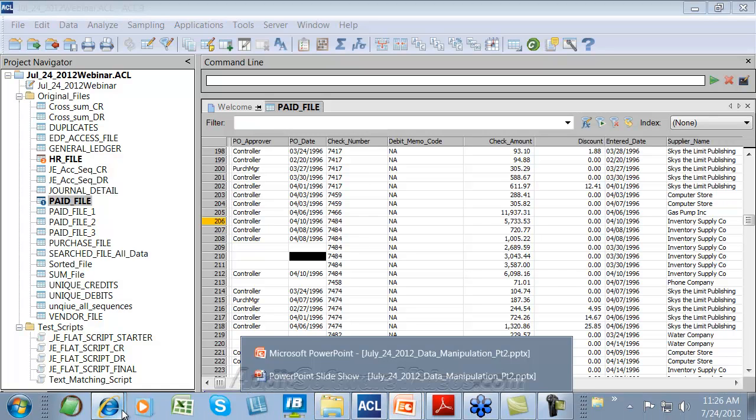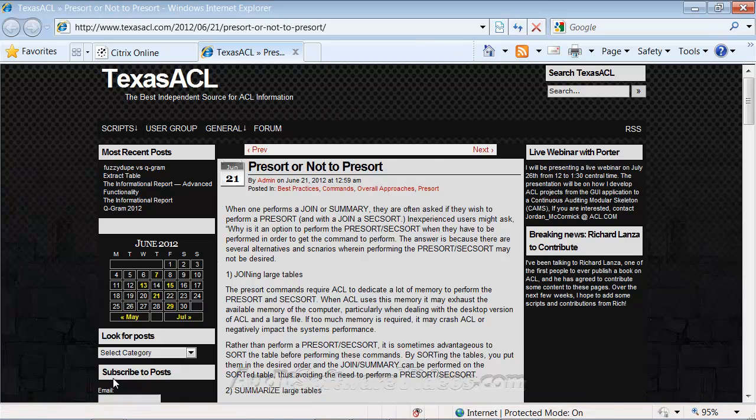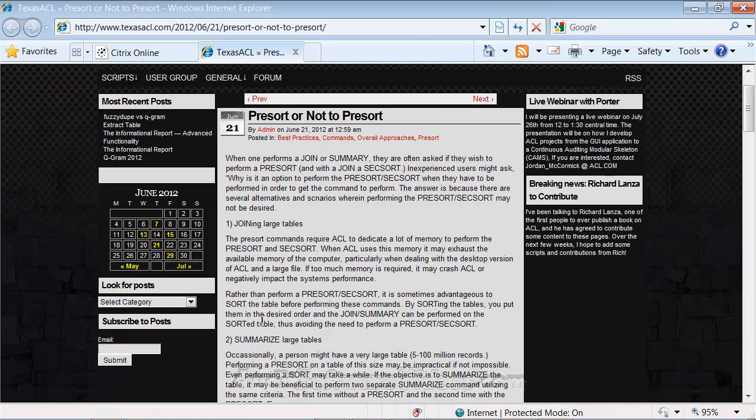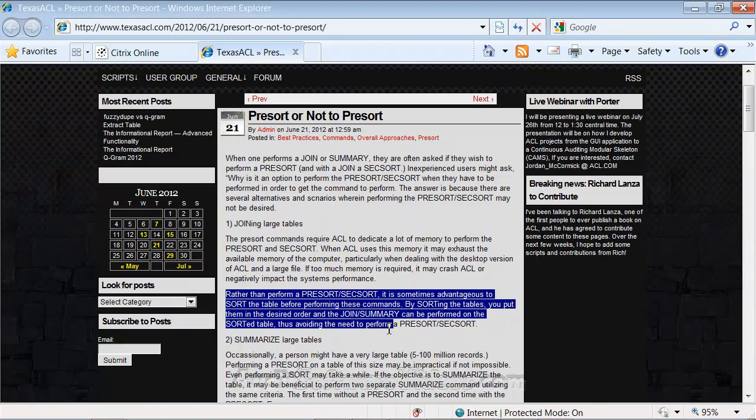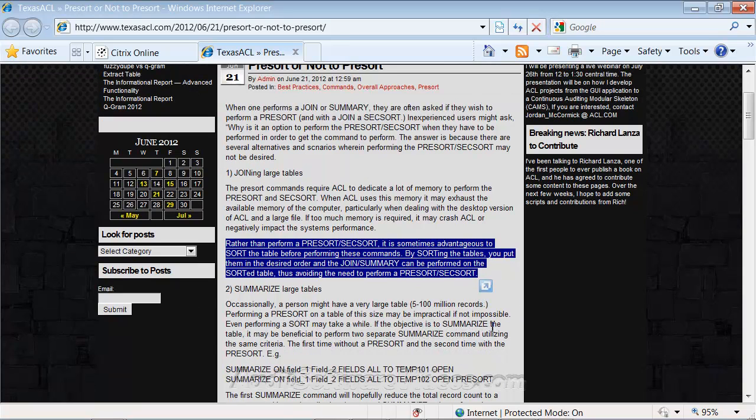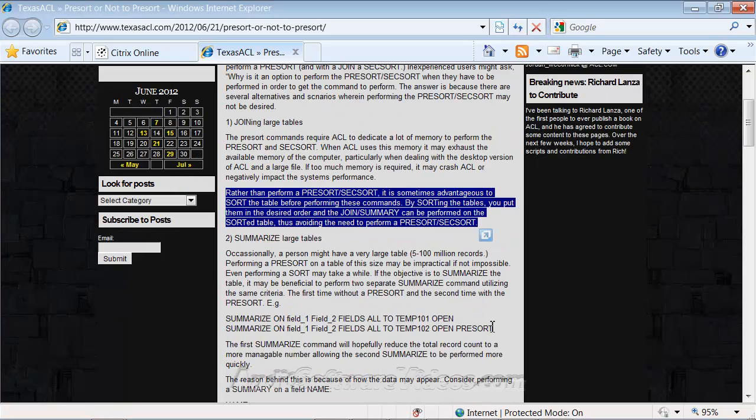So in Porter's article here, and we have the link to it in our slides, it does walk through that and notes that rather than pre-sorting and secondary sorting, you might want to just sort the tables prior to that. So one of the first things that you could do, and this is just noted here, is you could sort the first file to a table called sorted, and then sort another table called sorted one, and then you could join those two tables together, and by joining them together you would create this final sorted